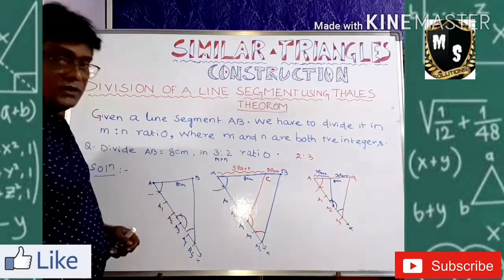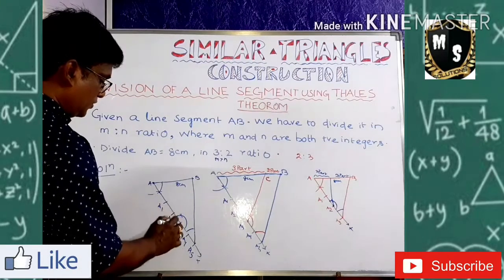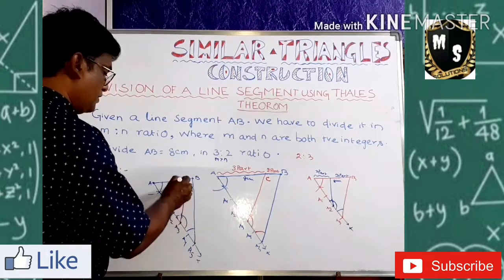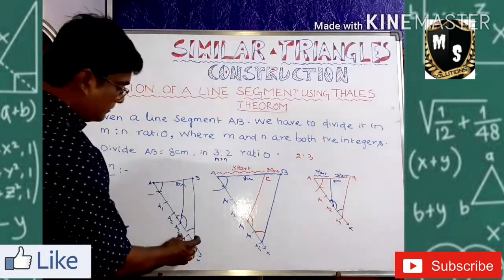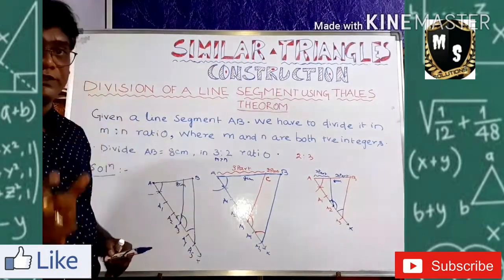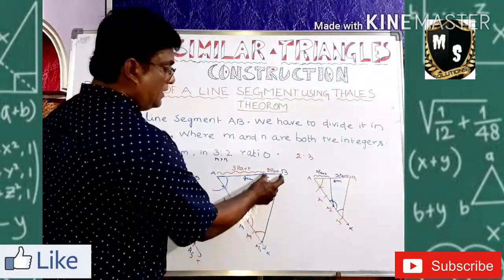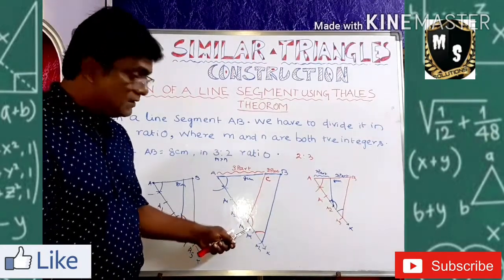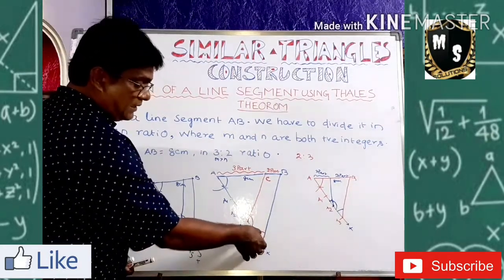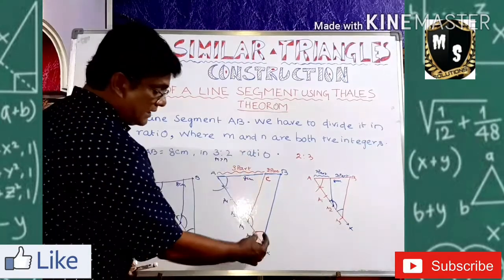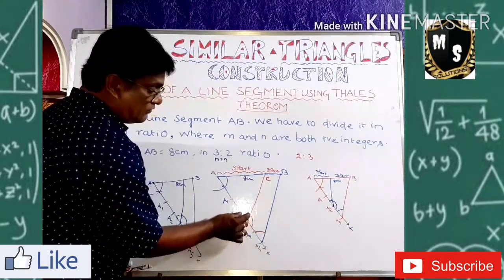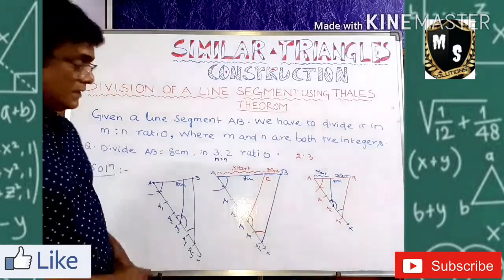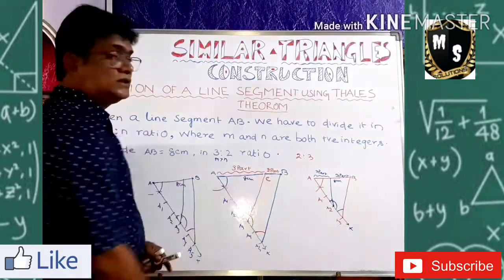Look at it. Clear? Now I am going to join this. Now you see, when I am joining, these two lines are looking parallel to each other. So what I did, at point 3, I took an arc, took a measurement of this angle with my compass, then cut it from here and joined it, by which they look parallel to each other. Now where it is touching, that is called the C point.